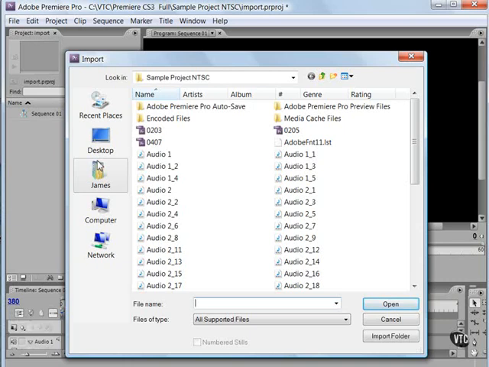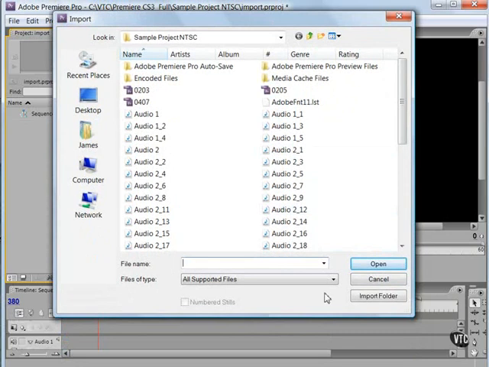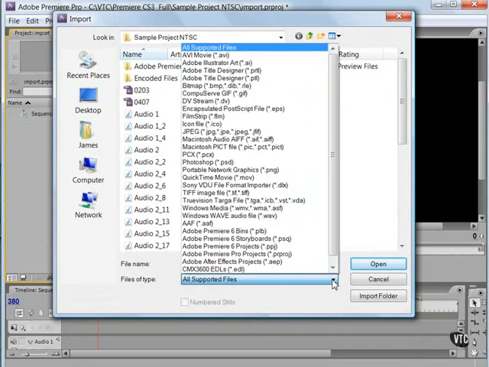It also supports 10-bit color depth, which is necessary for editing standard and high-definition footage. File format support is provided by plug-in software modules. Most of these software modules are installed automatically with Adobe Premiere Pro CS3. Now, if you open up the Files of Type drop-down menu, you can see that Premiere